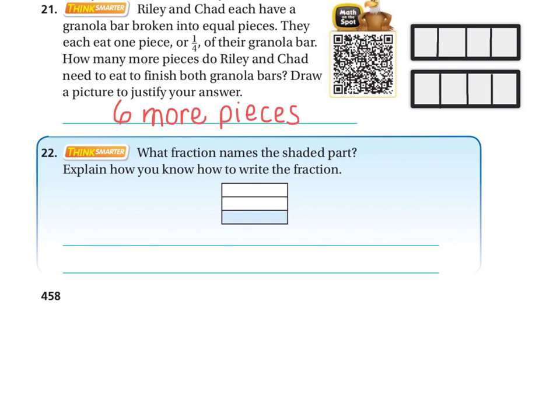So here we see fourths. Now, if they ate 1/4 of their granola bar, they would have both eaten that amount. That is not the question, though. We don't want to know how much they ate. We want to know how many more pieces they need to eat to finish the granola bar. So we want to know about the uneaten pieces over here. So that would be 1, 2, 3, 4, 5, 6. There's our answer, 6 more pieces. Please make sure you also had your drawing to justify your